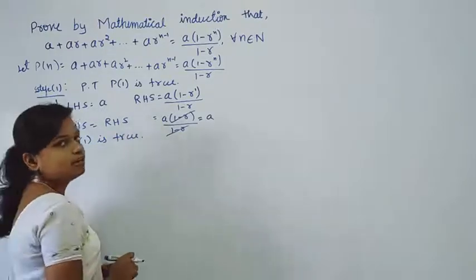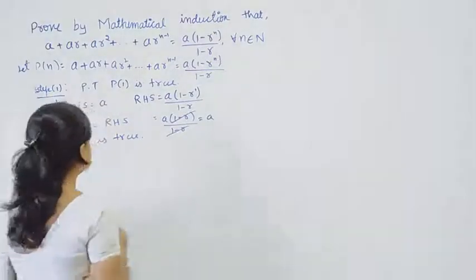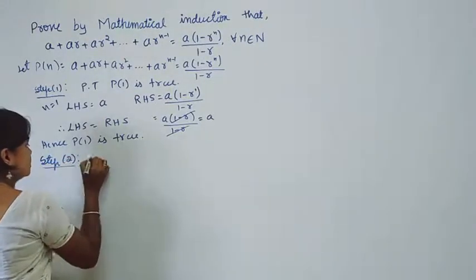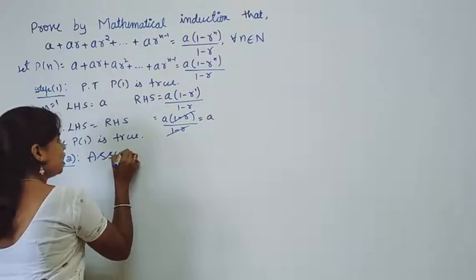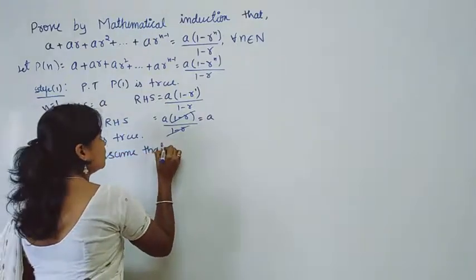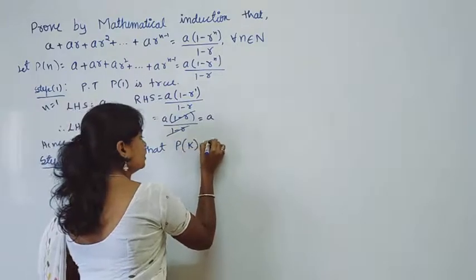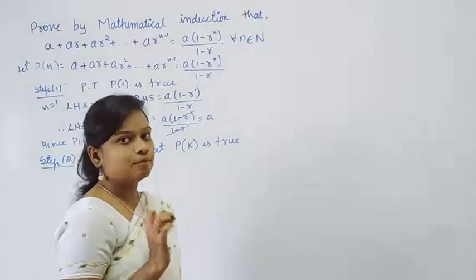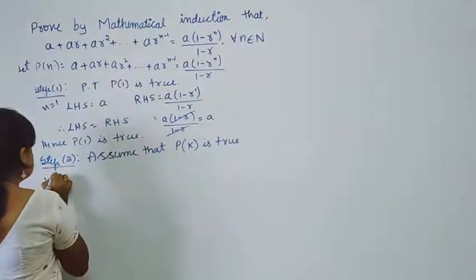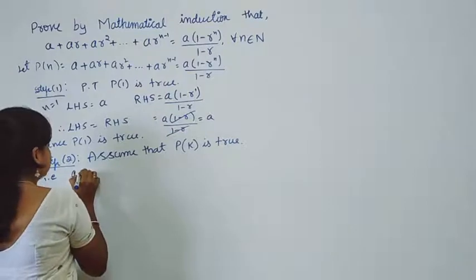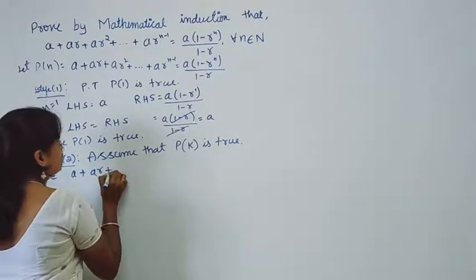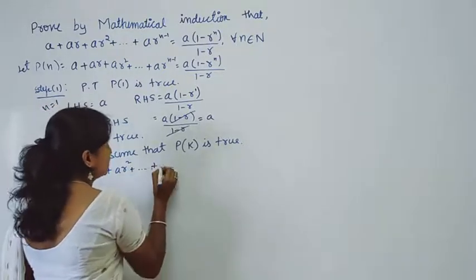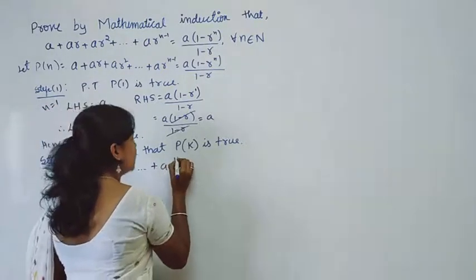So now we have proved that P(1) is true. Next we move on to step 2. So what is our step 2? Step 2 is assume that P(k) is true. So we have to assume that the given statement is true for some k, right? Then the statement becomes: a + ar + ar² + ... + ar^(k-1)